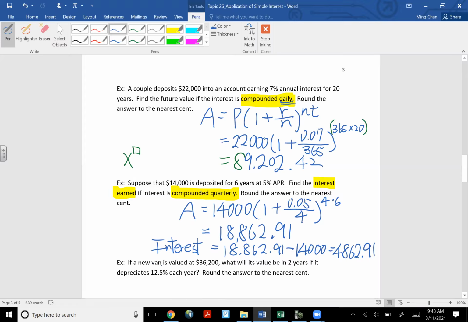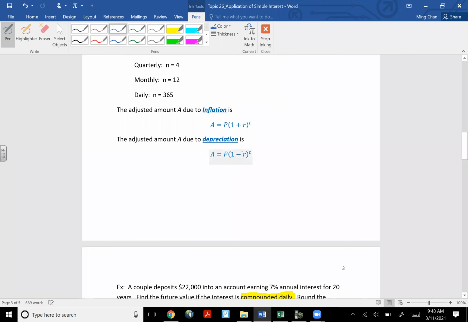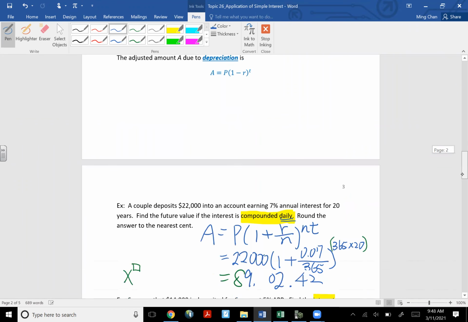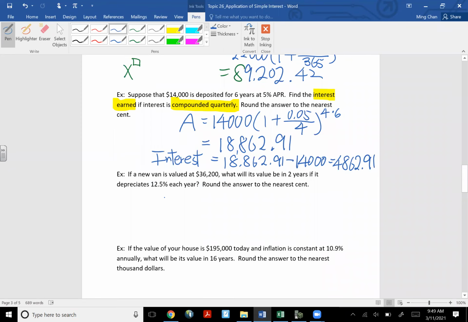All right, a new van is valued at $36,200. What would its value be in 2 years if it depreciates 12.5% per year? So this is a depreciation. Cars depreciate, so let's use this formula. t again has to be in years. The future value means what the value is going to be after so long as it depreciates. 36,200 times 1 minus